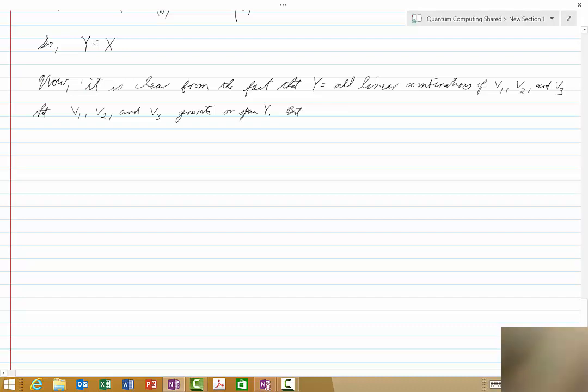But y equals x. So V1, V2, and V3 also generate or span x. But we have also seen above